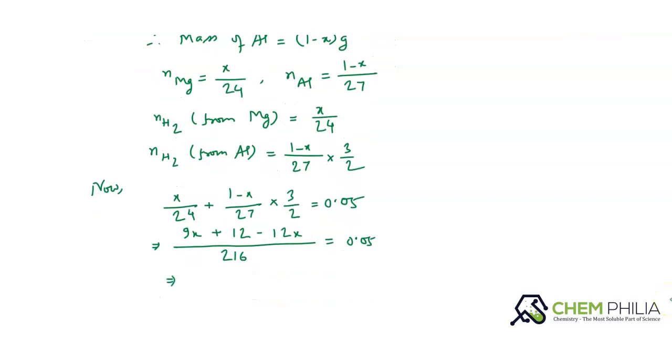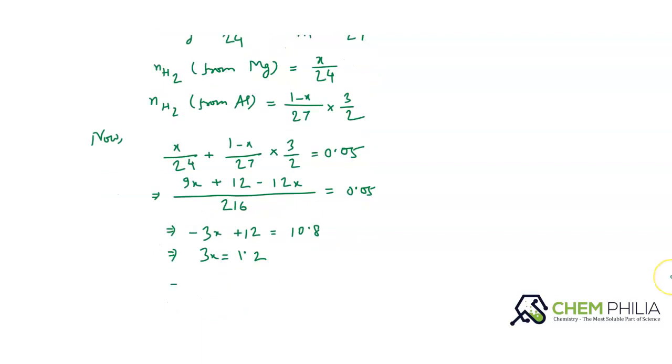So if we solve this, it's coming out to be 3x, it's minus 3x plus 12 is equal to 10.8, which means 3x is equal to 1.2, that is x is equal to